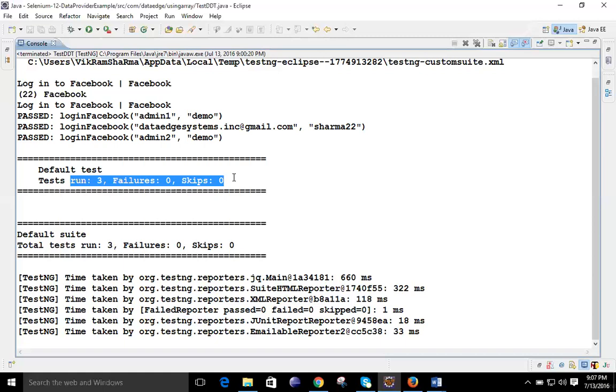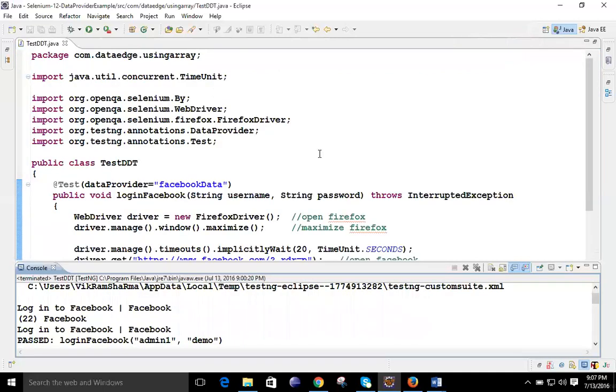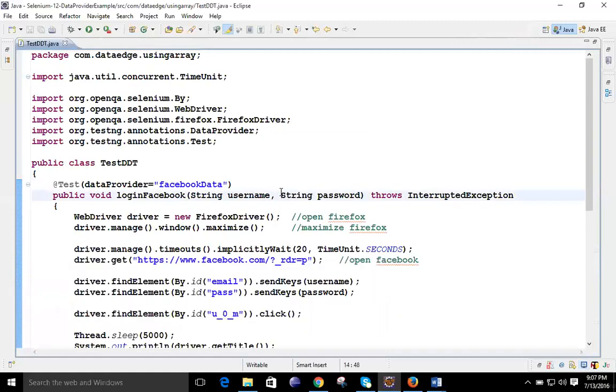Is there any way that we can encrypt the password while giving it? No, sorry, it's not possible over here. In the coding, we cannot encrypt that one. Whatever password you give over here, that will be in normal string format. But at login time, you have seen that Facebook masks it. So that is not possible.